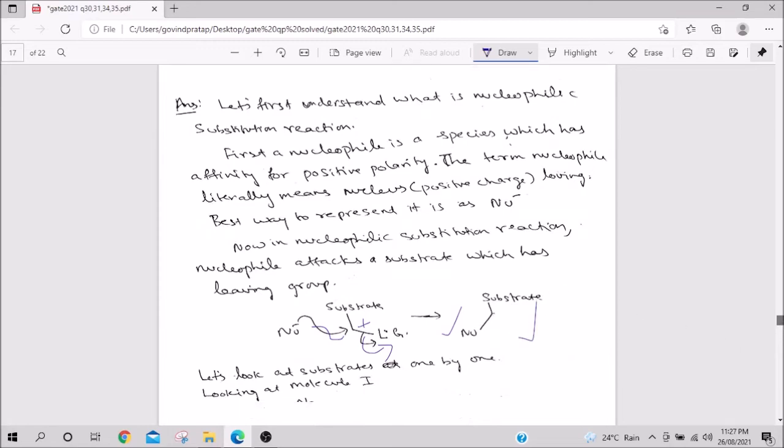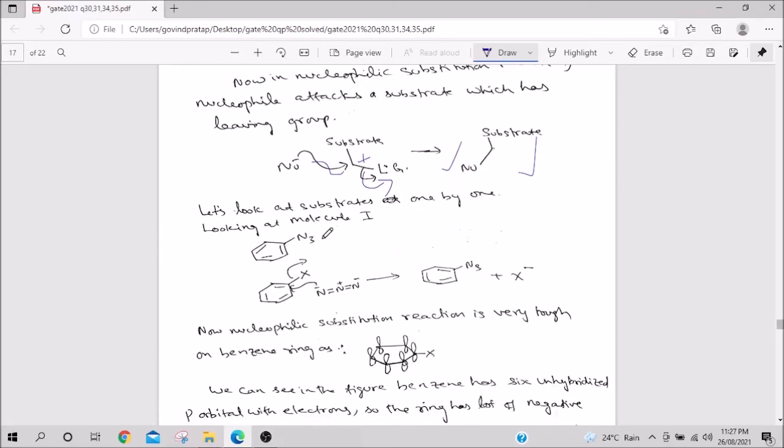So, let us look at what all can happen. So, they have asked for this azide, right. Azide is a powerful nucleophile, NaN3 is one of the very powerful nucleophiles. So for this, what should be there? It should be something like chlorobenzene. So a halogen is there on a benzene ring, and you expect the nucleophile to attack. Now this is almost impossible.